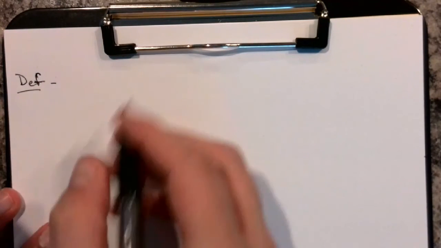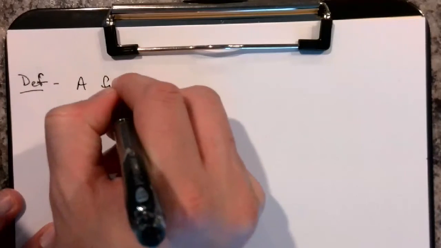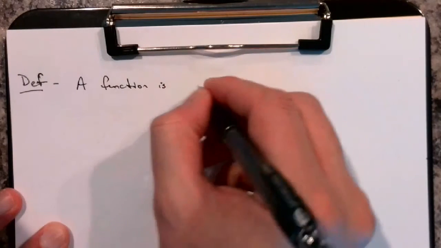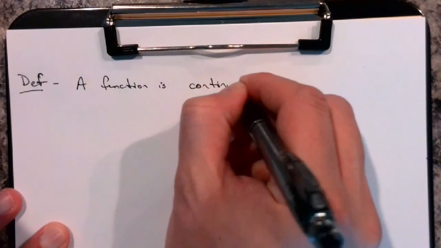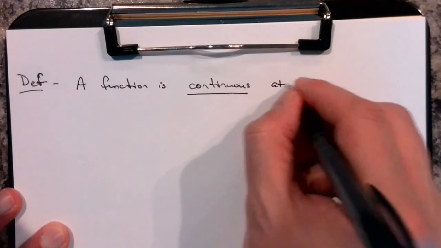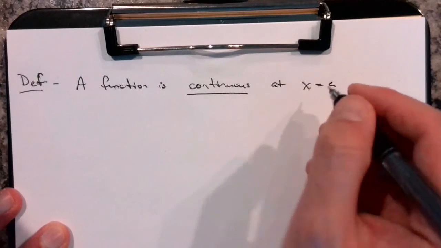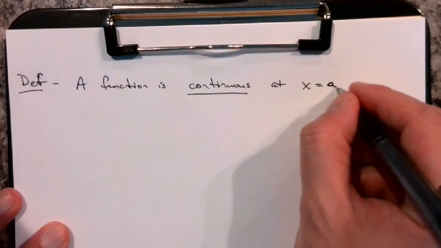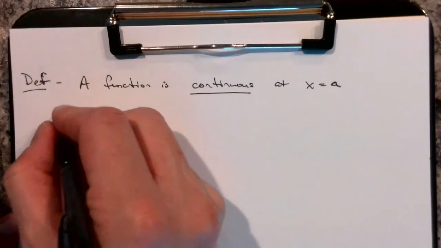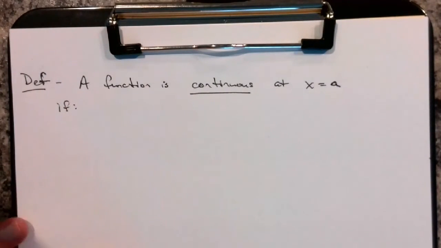So for this definition, a function is continuous at x equals a. So we're talking about continuity at a point, right? So at a specific point when x equals a being some real number value, if, and here's the properties,